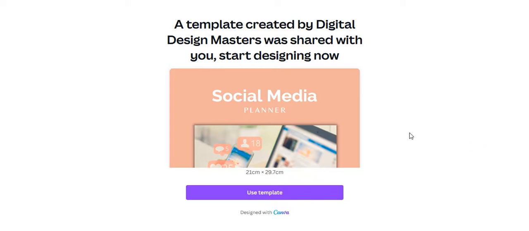I say like this because you will see on every one of the pages a cover of the planner and who it's from, who's sharing it with you, and a use this template button. So make sure that you are logged into your own Canva account when you begin this. So when you click this use template button, it will open up in your own account, and that's how it's important. Well, obviously, this is going to be my account that it is opening in and not yours, but you'll